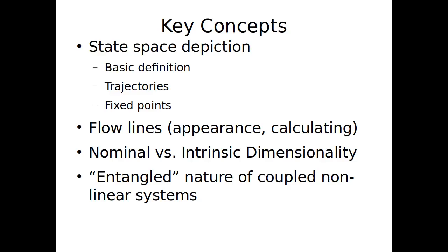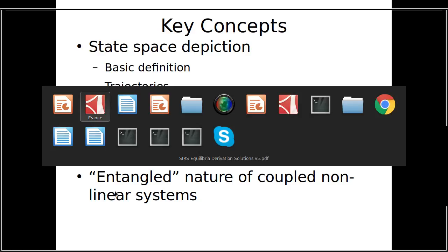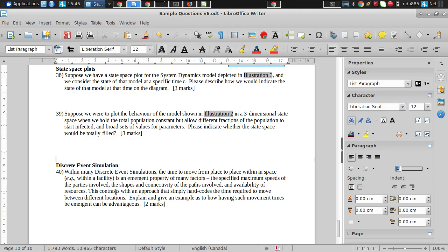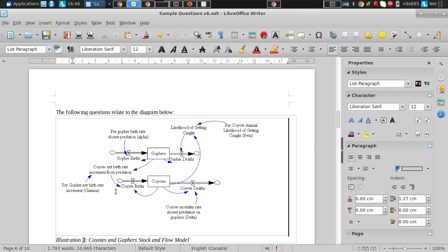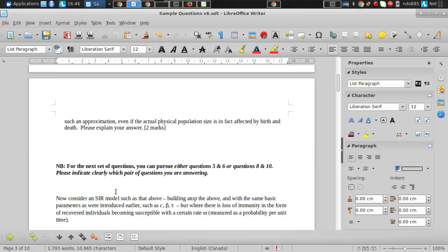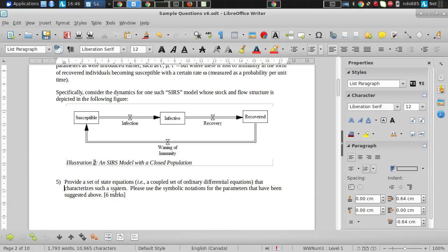Okay. Now this gets to Janelle's question, ladies and gentlemen. So I asked, does it fill the state space? Here we're going to look at illustration 2. Here's illustration 2 back here. So if we diagram this out in state space at a nominal level, what we're going to get is